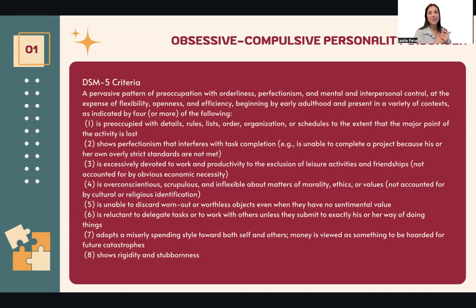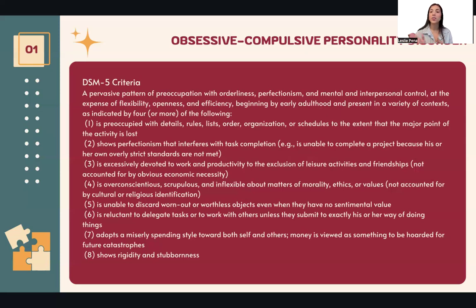So, this is a person who is preoccupied with details, rules, lists, order, and organization, to the major point that the activity is lost. They show perfectionism that interferes with task completion. And these are four or more of the following. So, it doesn't have to be every single thing on the list. They are excessively devoted to their work and productivity to the exclusion of leisure activities and friendships, overconscientious and inflexible about matters of morality, ethics, or values, unable to discard worn out or worthless objects, reluctant to delegate tasks